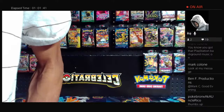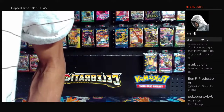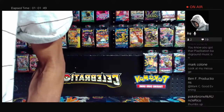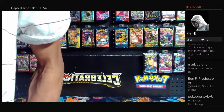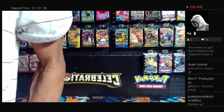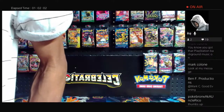All holiday sets do extremely well. I don't know about Pokemon Go, but it may do pretty good because it does have some cards in it that will have people that want to open it and pull those cards out. But over time, Pokemon Go should hold its own. But other than that,